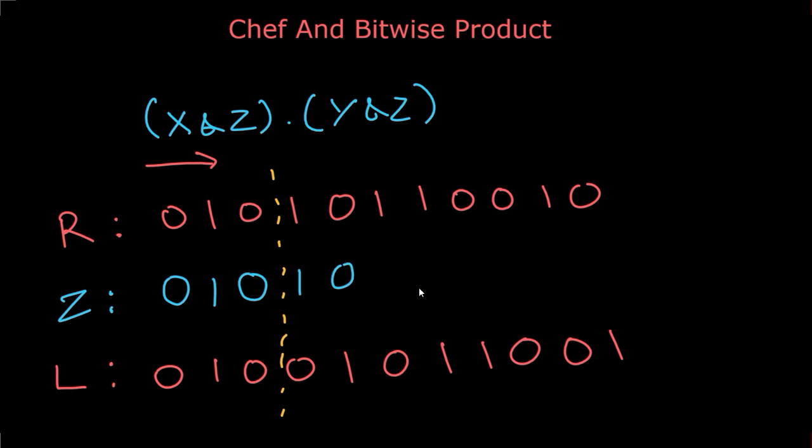Now after the 0, we cannot have all ones like in the previous case because then it will become greater than R. So we simply have this bit as 0 and go on to the next bit. For the next bit, we can have again 0 or 1. Like the previous case which we handled over here, we will again set this bit as 0 and set the rest of the bits as 1. And we push this z value to a vector. After we add this z value, we make this bit as 1 and move ahead.